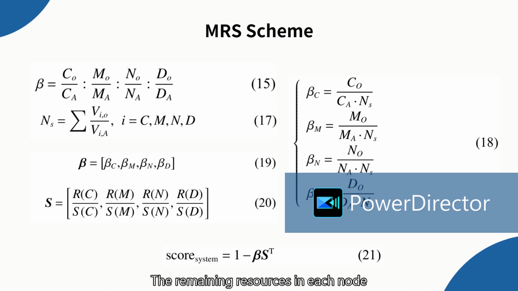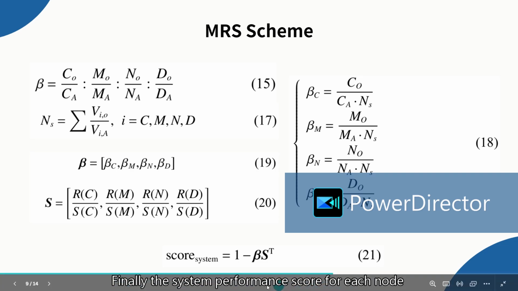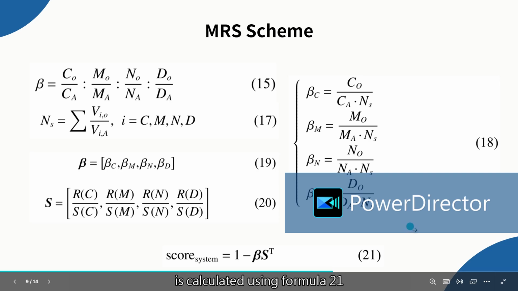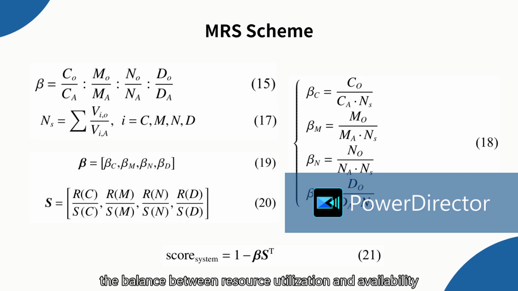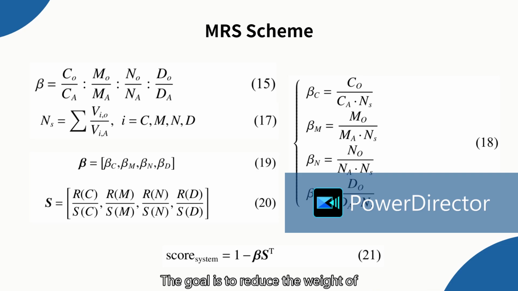The remaining resources in each node are evaluated using the same normalization process as described earlier in Formula 20. This creates a normalized resource vector for each node. Finally, the system performance score for each node is calculated using Formula 20. This score is derived by analyzing the balance between resource utilization and availability. The goal is to reduce the weight of resources with higher utilization rates and prioritize more balanced allocation across the